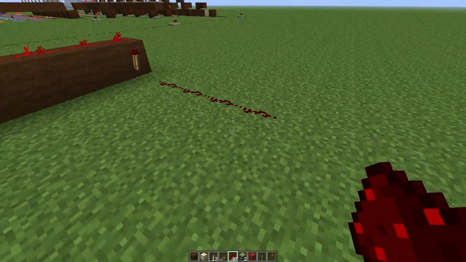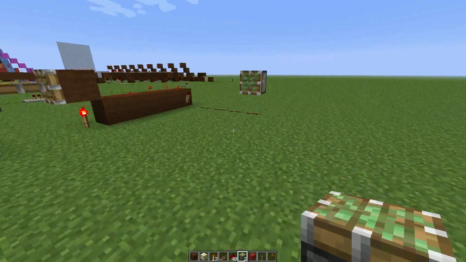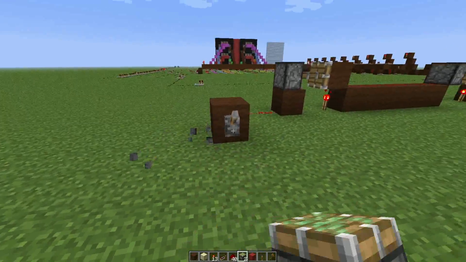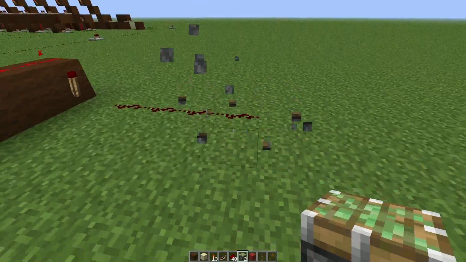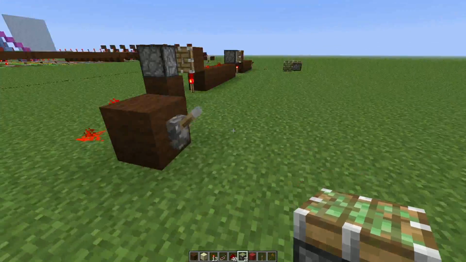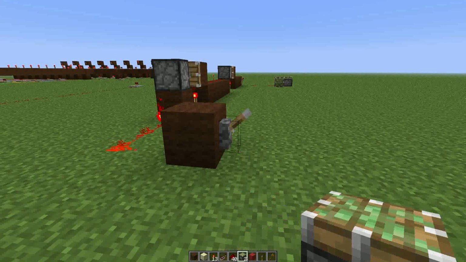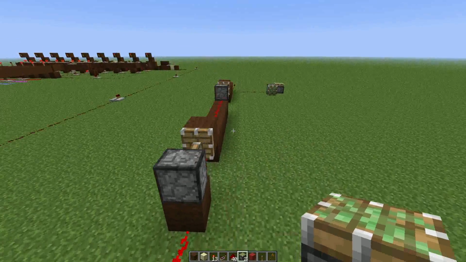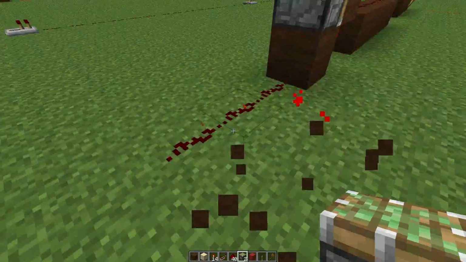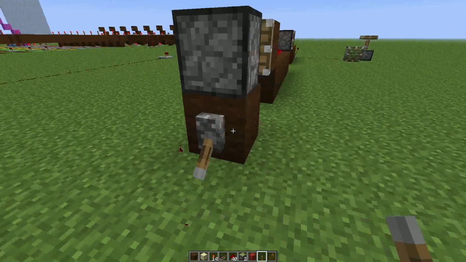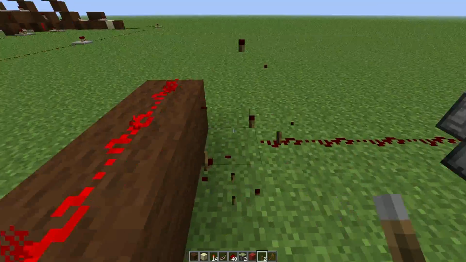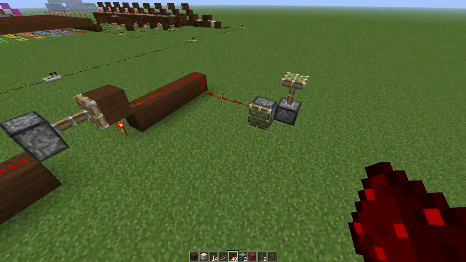So as you can see here, I don't know if that actually works. No, it won't. As you can see here, the only delay that is introduced into this is the delay from this torch. So if I wanted, I could eliminate some delay here, and I could eliminate the other delay over here. If you need inverting, of course that does introduce some delay,